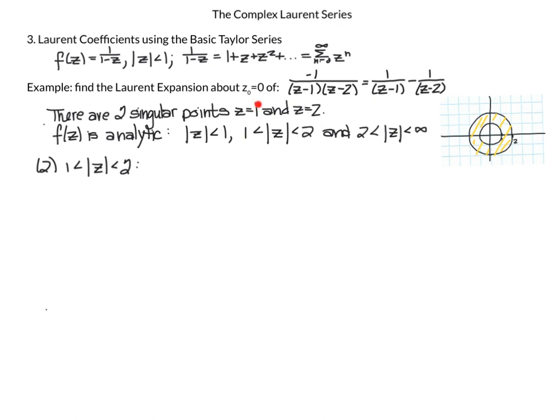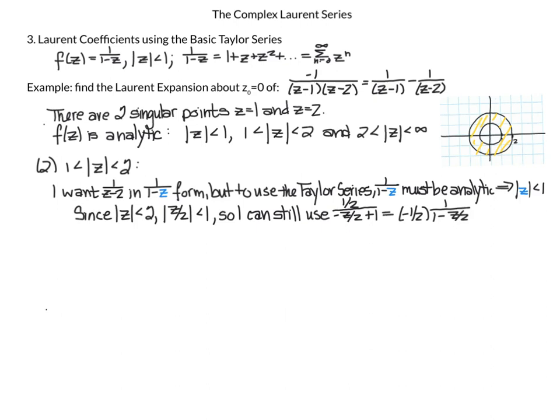Now I'm ready to do my next region, with z, the absolute value of z between 1 and 2. So I have this here, and it's this yellow annular region here. Again, I'm going to start with my second fraction, the 1 over z minus 2, and I want this in my 1 over 1 minus z form, and I have it in blue to remind me this is actually a simple function of z. But to use my Taylor series, my 1 over 1 minus the simple function of z must be analytic. That is, this z here, the absolute value, must be less than 1,